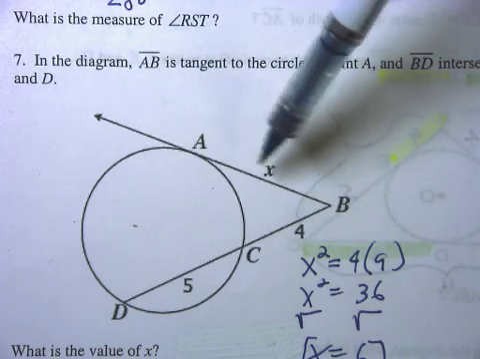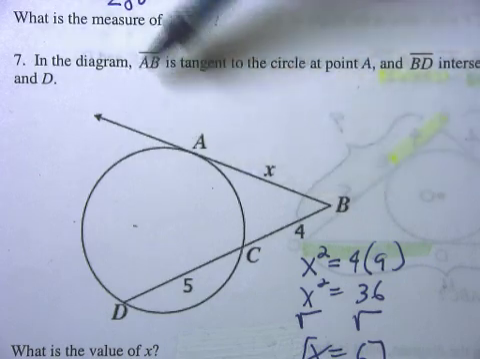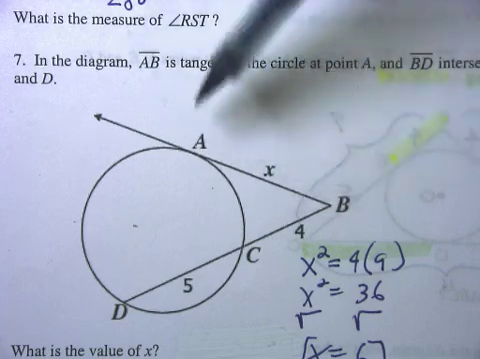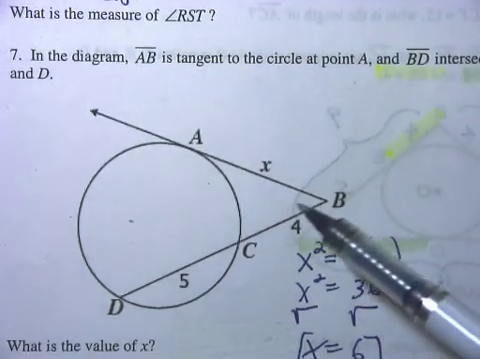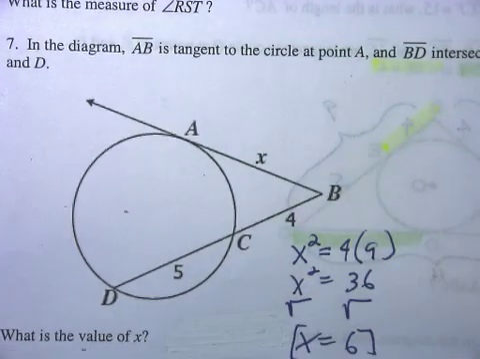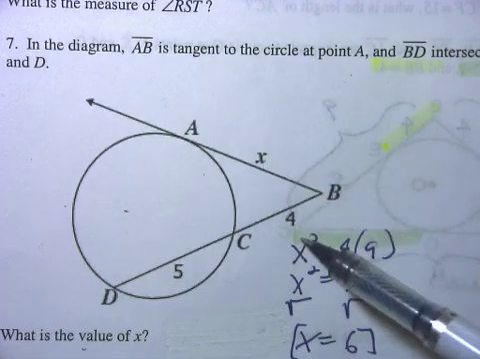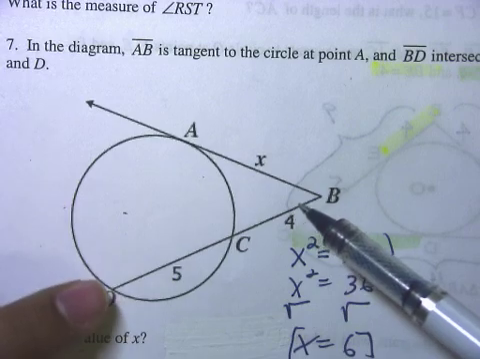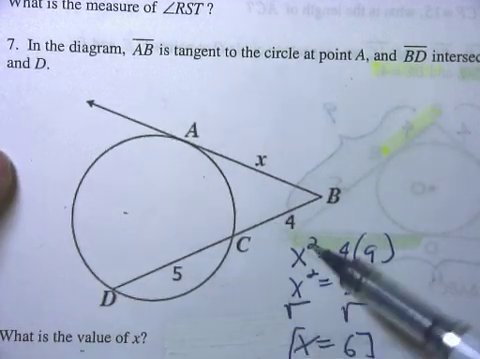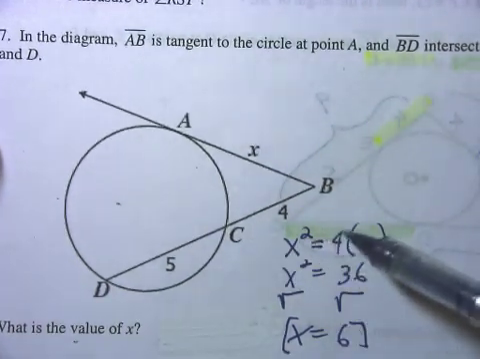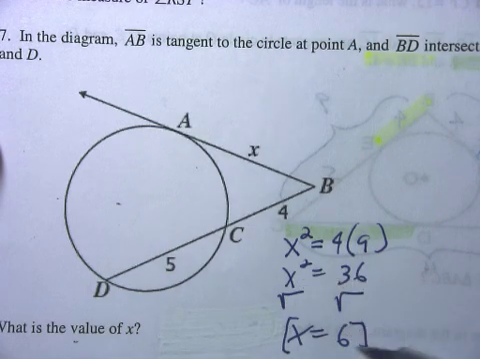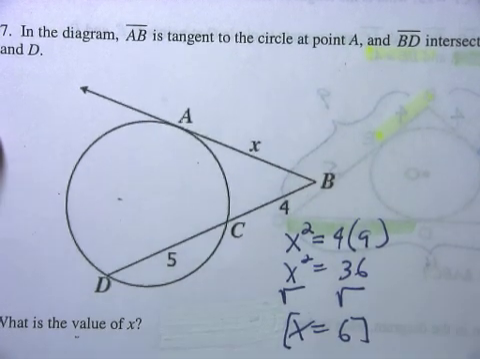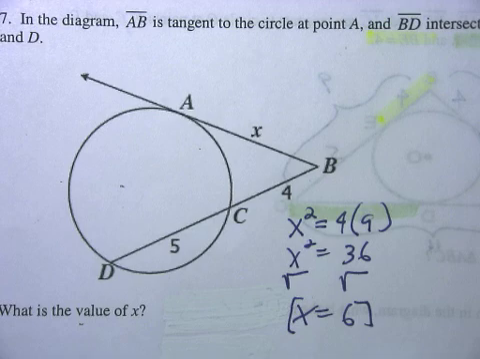And finally, question number 7. They give me a diagram here. They tell me that this is a tangent line. It doesn't look like it because it keeps going. Actually, it does look like it. It doesn't stop, but it is a tangent line because they tell me that here. I know this is X. They give me a secant line, and by now we should know what to do. We're going to take our tangent line, square it, and that's equal to the exterior of my secant line, 4, times the length of the whole thing, which is 9. So we're going to get X squared